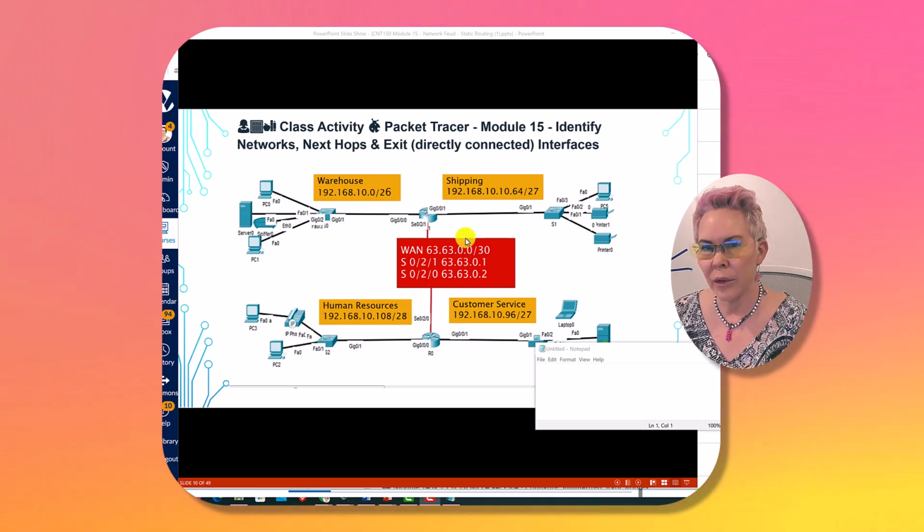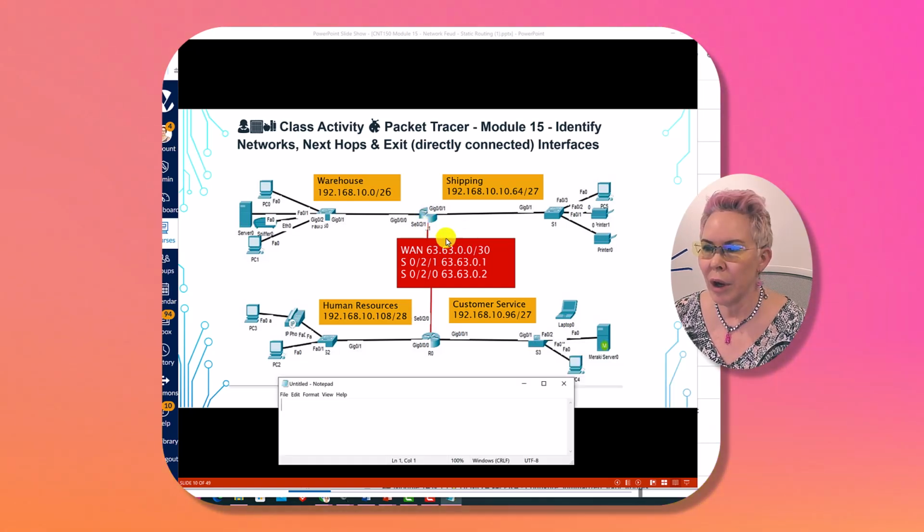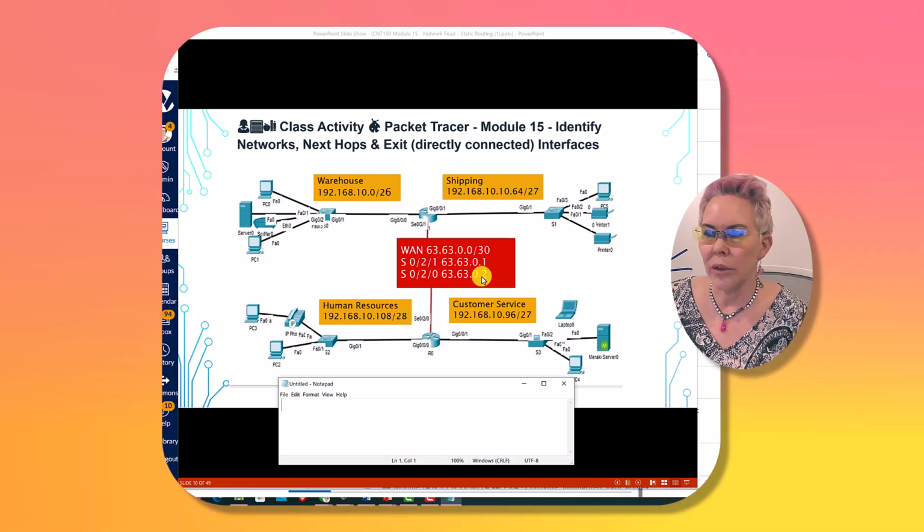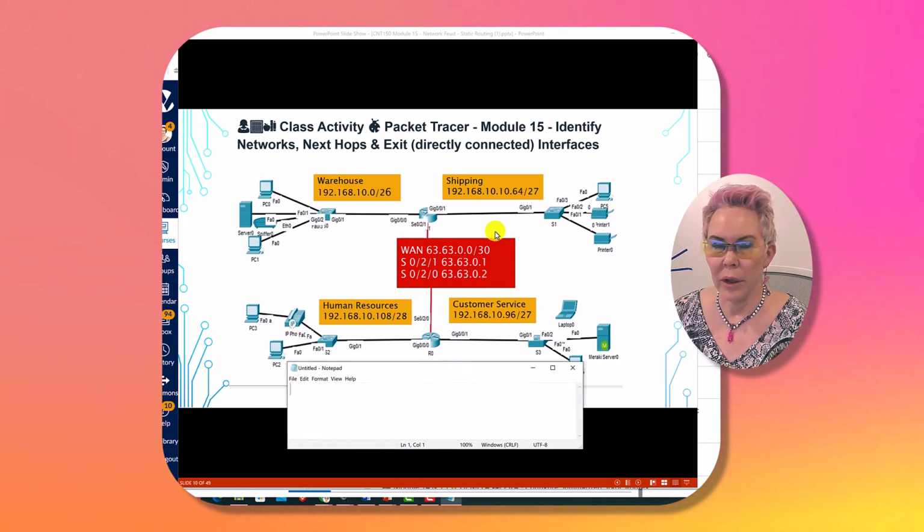Here's a network, and when you're writing static routes, it's always from the perspective of the router. If I'm on this router right here, the next hop address from this router would be the address that is on this interface right here. And we can see that S0/2/1 is going to be 63.63.0.1. For this interface down here, the address is 63.63.0.2. If I needed to write an IP route statement that would allow this network to talk to this network,